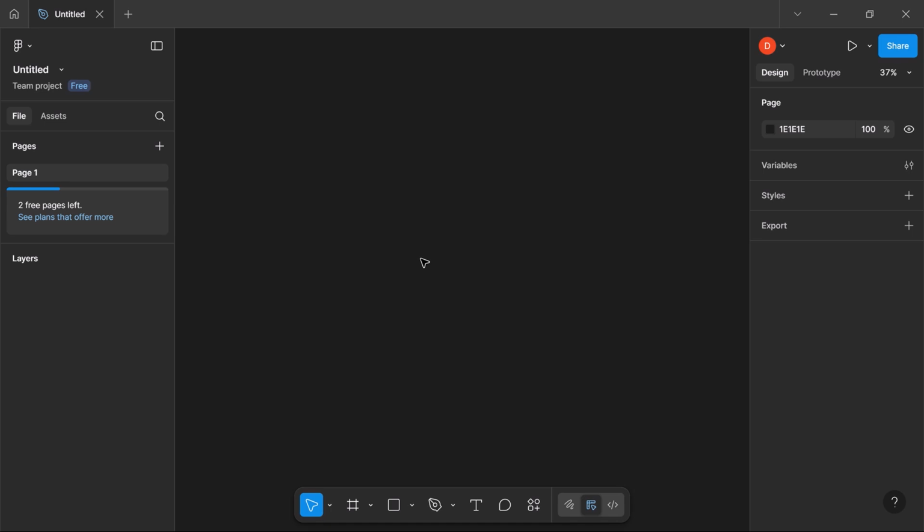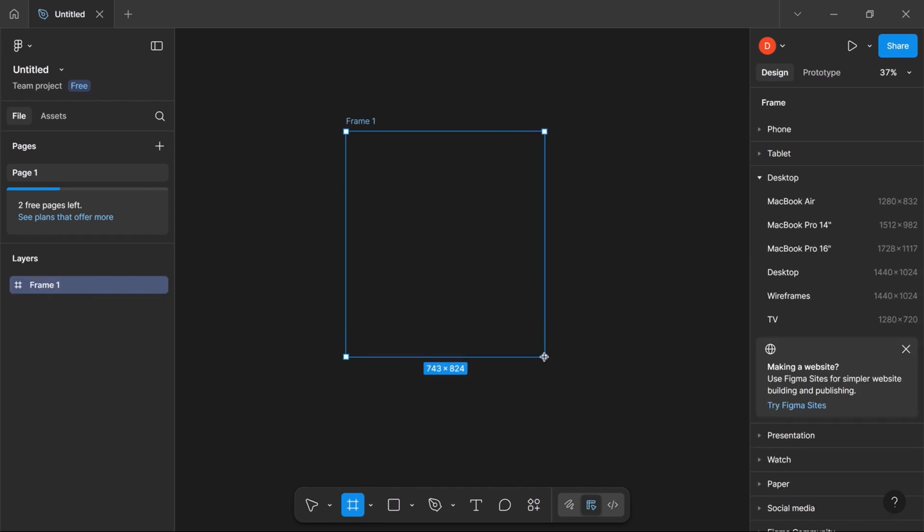So today I'm going to be talking about auto layout in Figma. I know most of us get stuck on auto layout, or most of us don't know how it actually works. So I'm going to be explaining and talking about it today. First of all, the first thing we will do is to get a frame. So I could just click here,